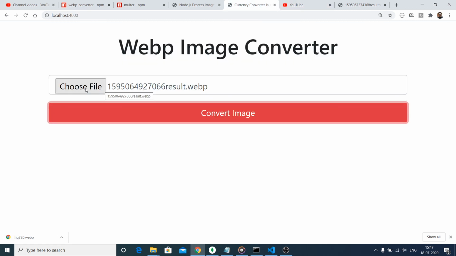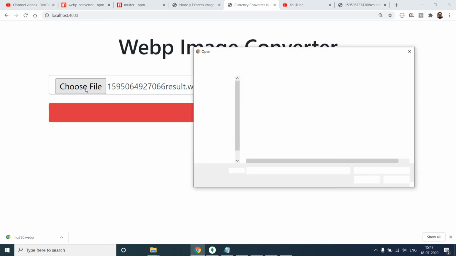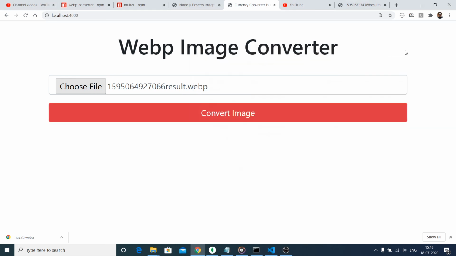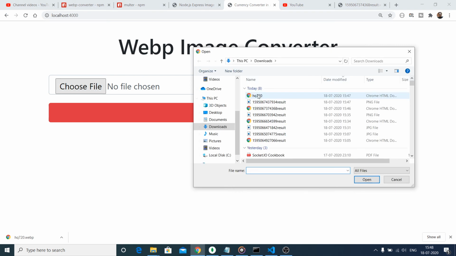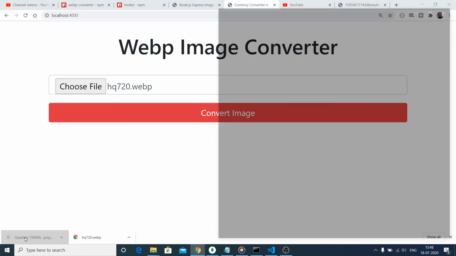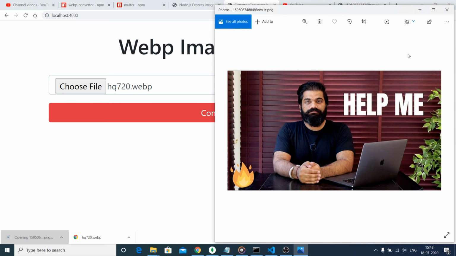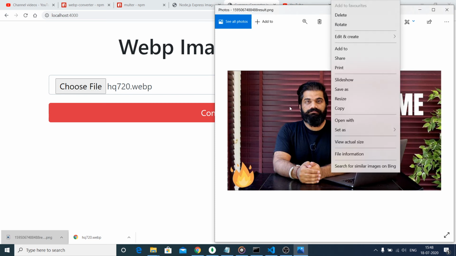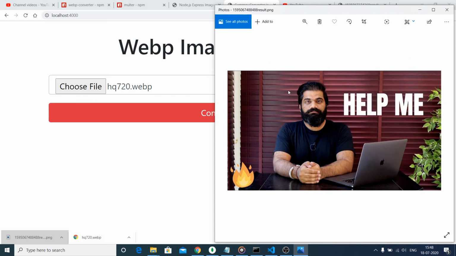So in that case, you can choose the file here inside this application, and you can convert it to JPG or PNG. Let me see here. Let me choose the file which we have downloaded, convert image, and now you will see your PNG image is downloaded. So this is a PNG image, guys. You can see that instantly we have downloaded the YouTube thumbnail. So in this way, guys, you can use this practical application, WebP converter,